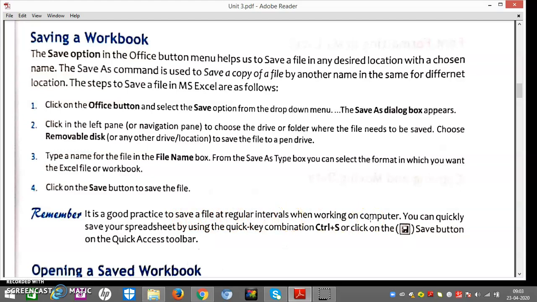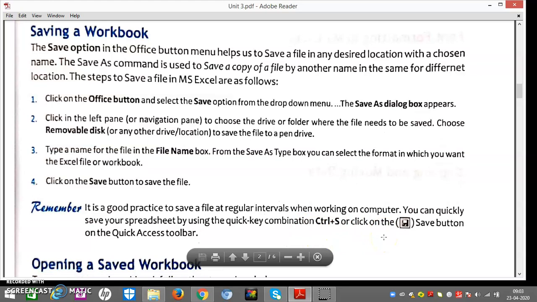Now I am going to tell you the shortcut: you can quickly save your spreadsheets by using the key combination Control S or by clicking on the Save button.